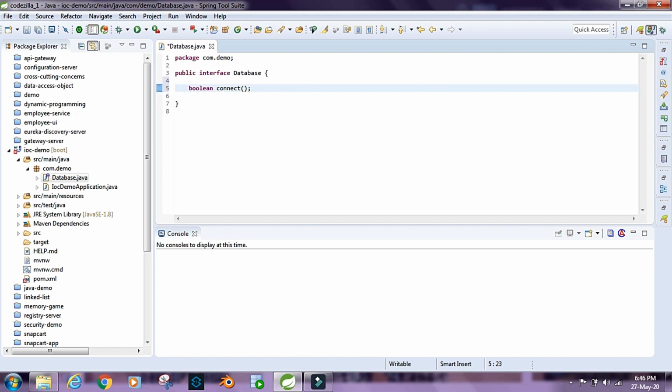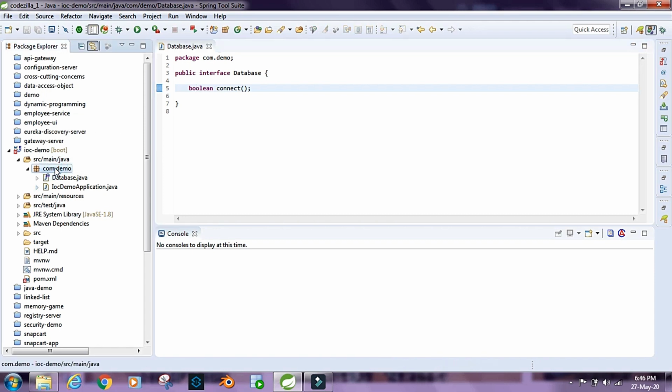So this method would be responsible for connecting to the database, and it would return a true if the connection is successful, else it would return a false, right? And let's keep this simple, so I won't be having any more methods inside this,